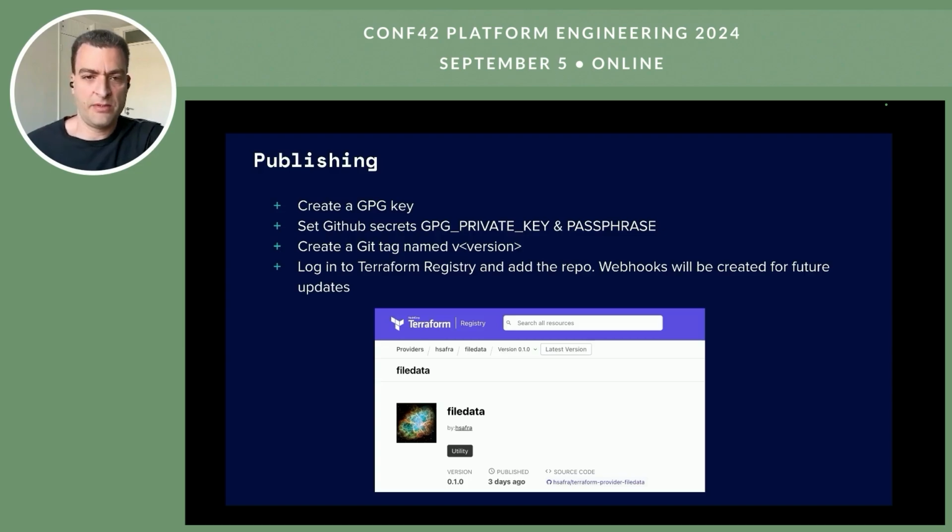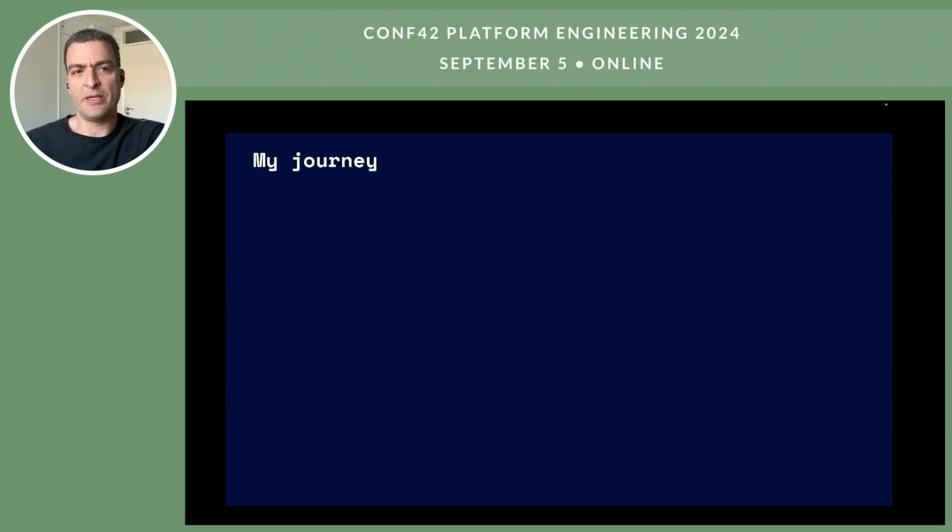And you wait a bit. It takes a few minutes for Terraform registry to grab the changes from GitHub. And then you can see your provider published in Terraform for other people to use. Everything that's published into Terraform registry is available to the public. So be aware not to publish any kind of proprietary code or anything that's a secret that you can't really divulge. To wrap it up,